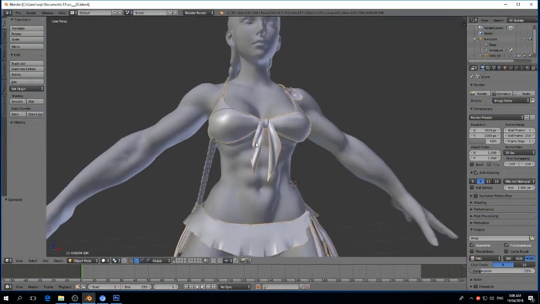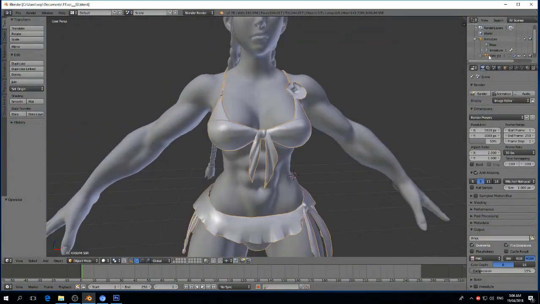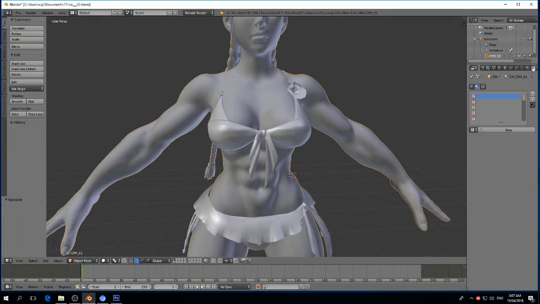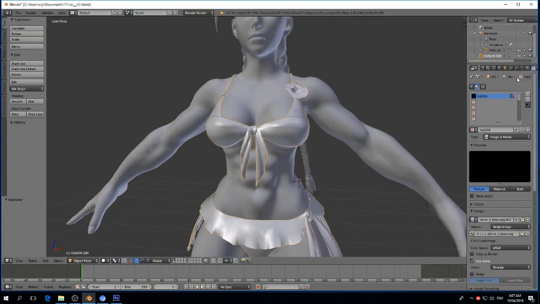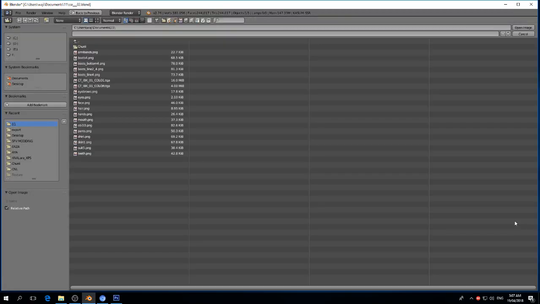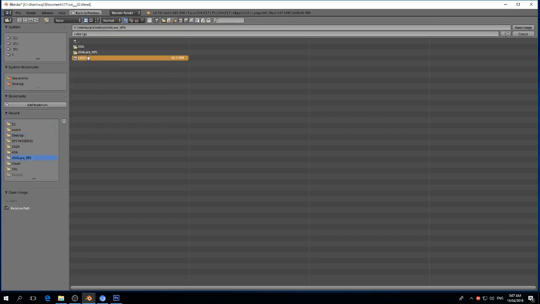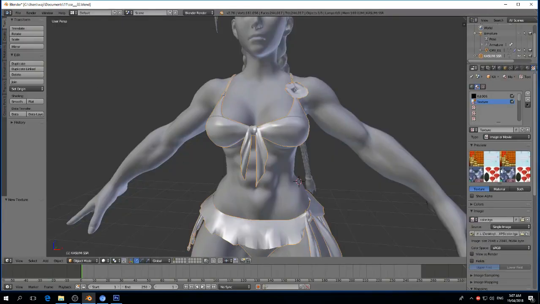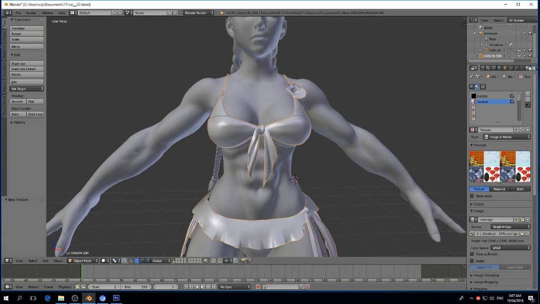Now what you're gonna do is come here, select our mesh, go to the textures, like this, go to the textures, import that. There it is. Here we go. Okay, now come back here,